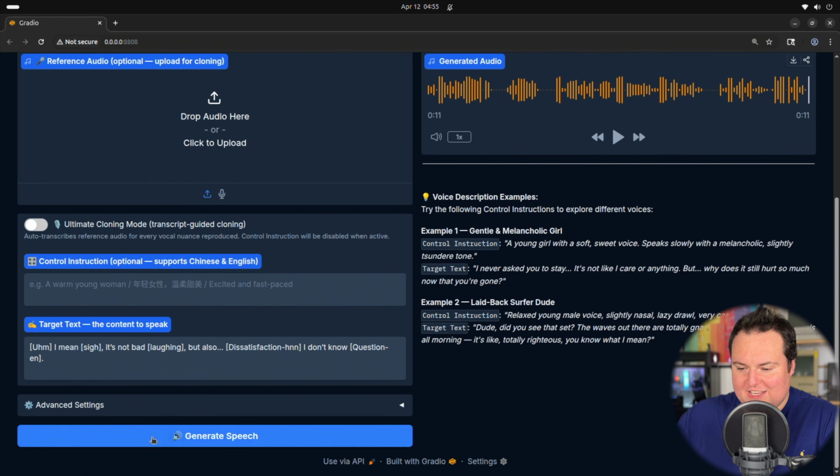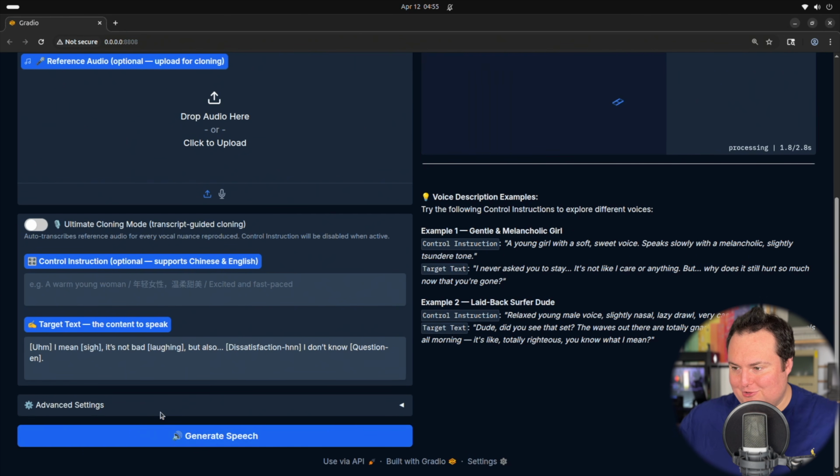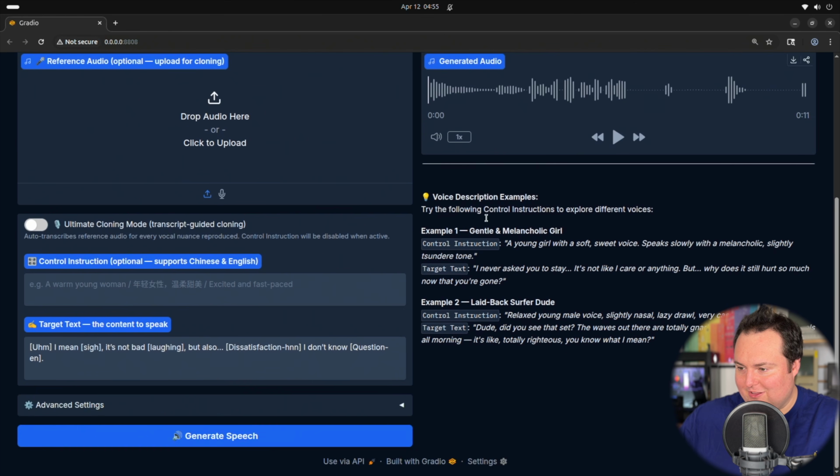Here's some text that used dense tagging with these emotional tags, as ChatGPT had labeled it at least. I mean, it's not bad, but also,